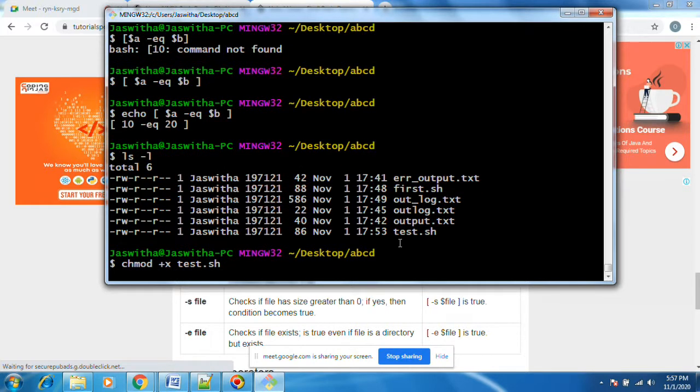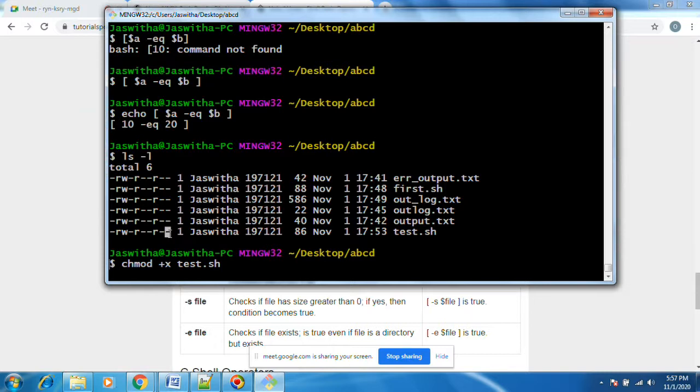You will see the file permissions change after chmod +x. Maybe on my system the output will be rwx, and this x will come here.